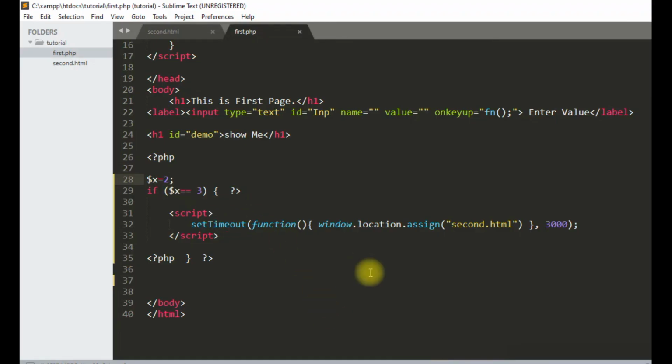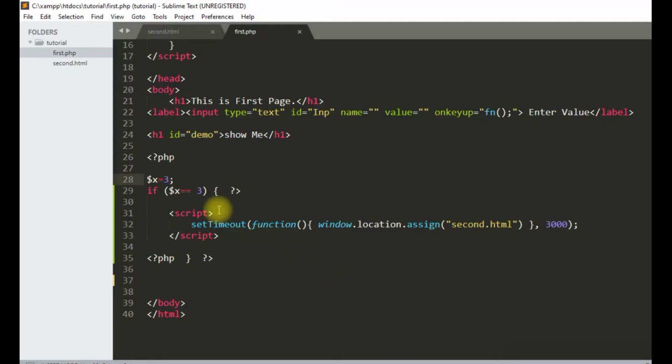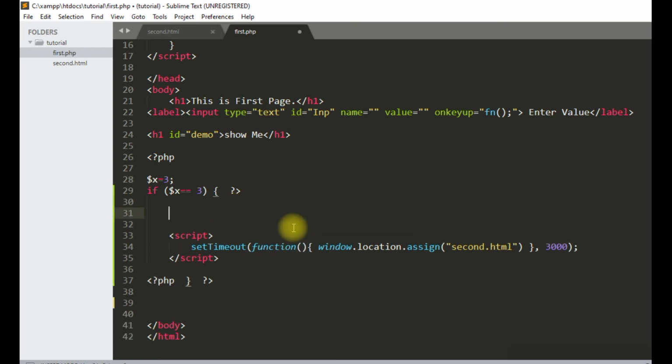Now I will keep it here 3, then we will just reload the page. Yes, I am reloading the page. You see, after some time it will automatically load. So just for idea, I will write something here also: please wait.